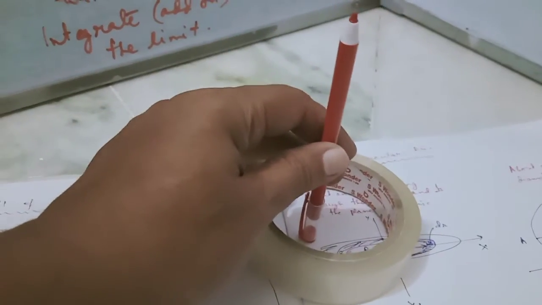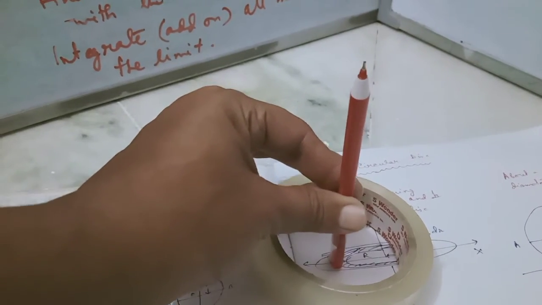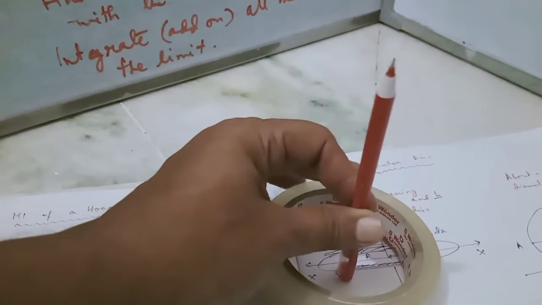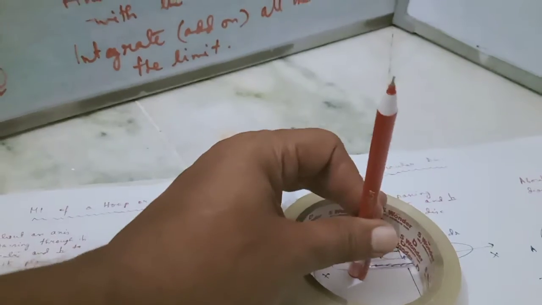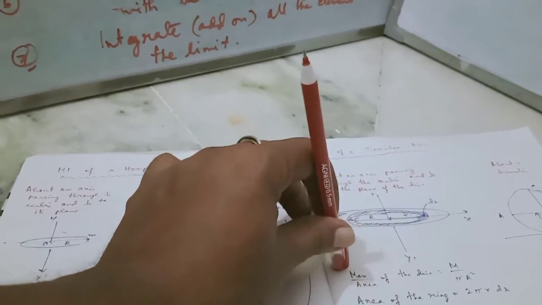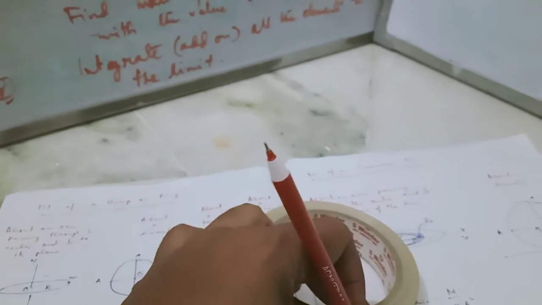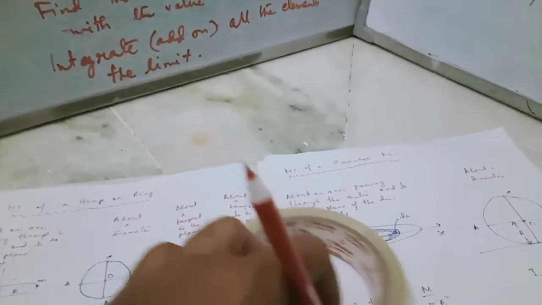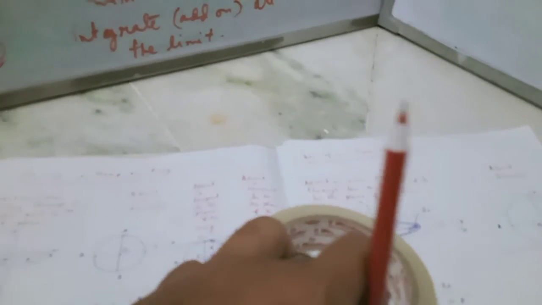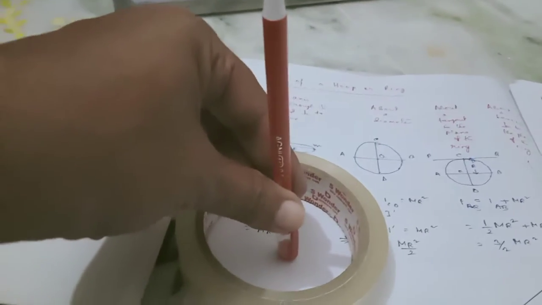Point it here, it may move. Now in this case, it is moving about this axis. It may be rotating about this axis, or it may rotate in this manner. Now first of all, we are considering an axis passing through the center and perpendicular to the plane of the disc, about an axis passing through its center and perpendicular to its plane in this way.